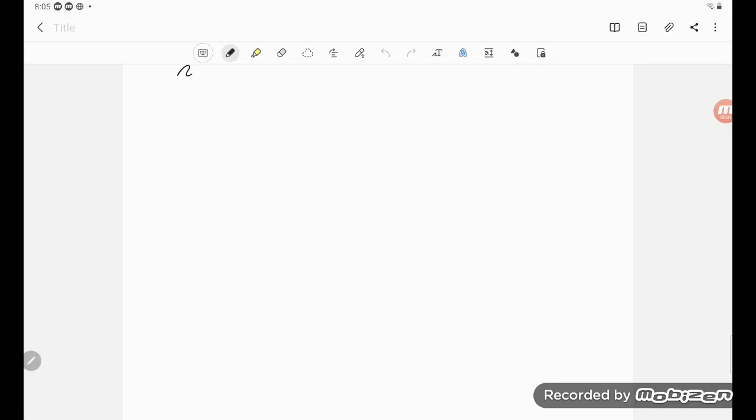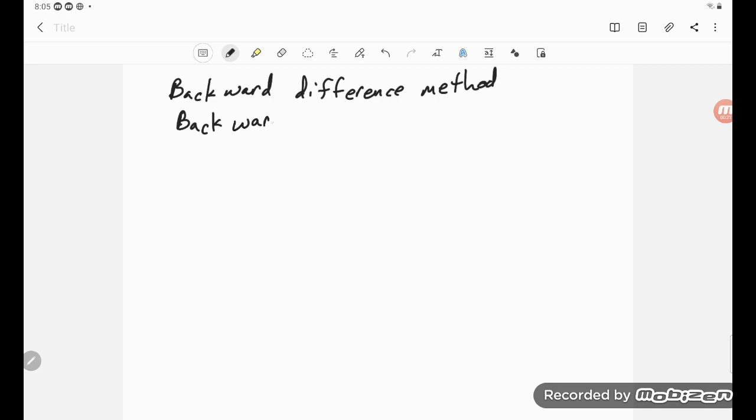Right, now we're going to look at a backward difference method. It can also be called the backward Euler method. And where I was calling the forward difference method or forward Euler an explicit sort of solution, here we're going